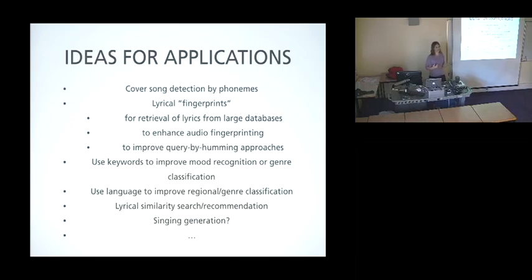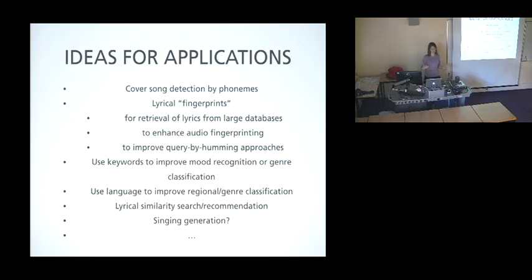So I think you could, for example, do some sort of cover song detection by looking at the phonemes in a song. You wouldn't even have to know the exact words. You could just go by the phonemes. Could do some sort of lyrical fingerprinting, and you could use that to retrieve lyrics like I just showed you, but maybe on larger databases or even from the internet. You could use it to enhance the fingerprinting approaches that already exist, or query by humming approaches, that sort of thing. I just mentioned this idea that maybe you could use keywords to improve mood or genre classification,